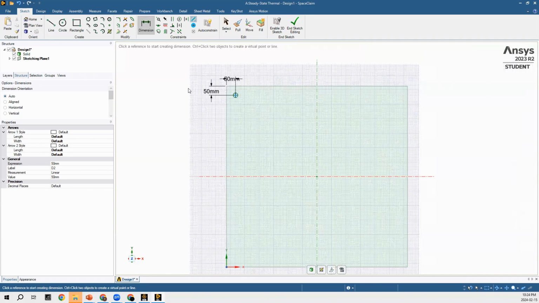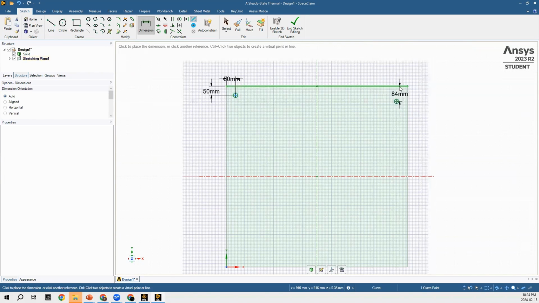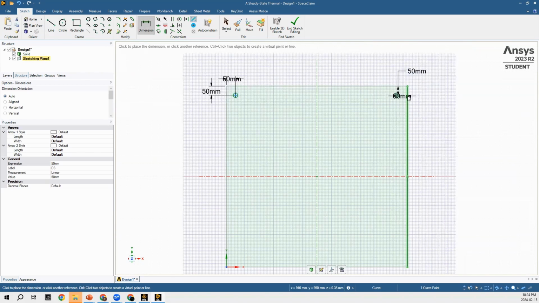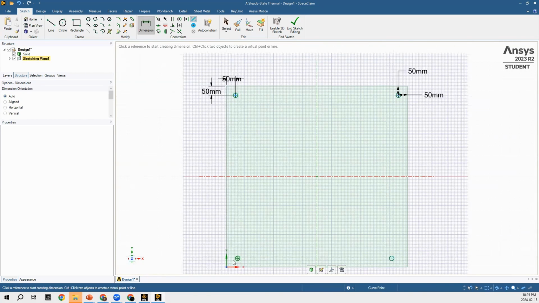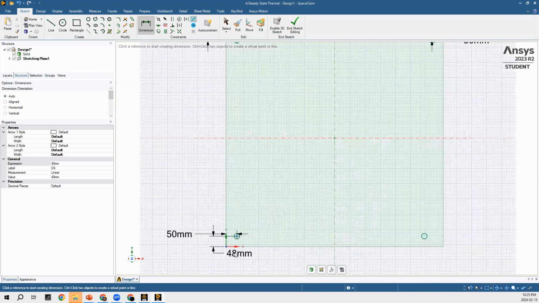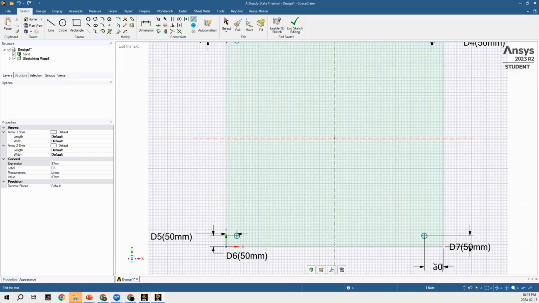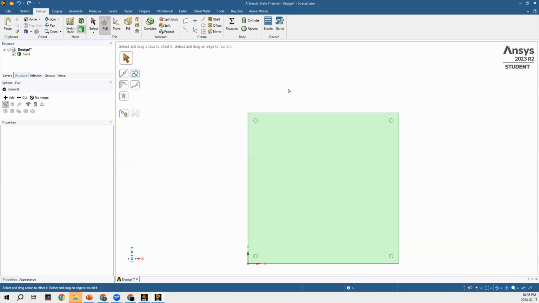And I'm going to do the exact same thing at each corner of my panel. And there you have it. So now that I'm done the sketch for the bolt holes on this panel, I can press on End Sketch Editing. And then by using the pull command, I can cut out these sketches to create the